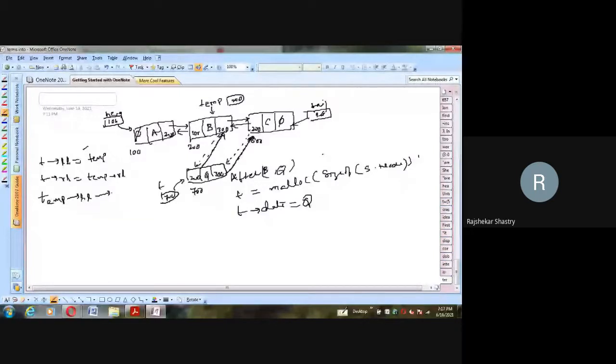So temp arrow right link arrow left link is this 200, which it is holding right now.